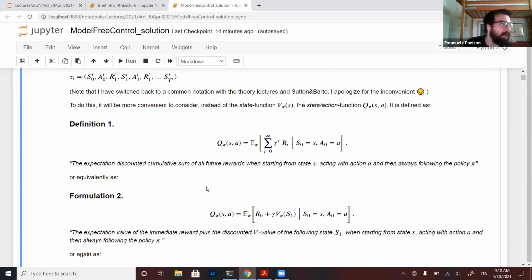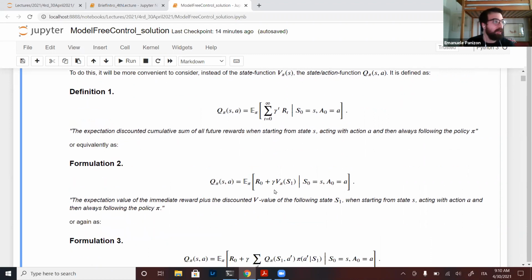As always, there are many equivalent formulations for this value function. One, for example, if you think about trajectories, is that the value function is the expectation of the first reward plus the discounted value of where I end up. So I'm in a state S0, I do an action A0, and then I will be in some state S1, and from there on, I know that the expected infinite discounted future reward is just the value of that state. So I can rewrite it as the first reward plus the discounted value onwards.